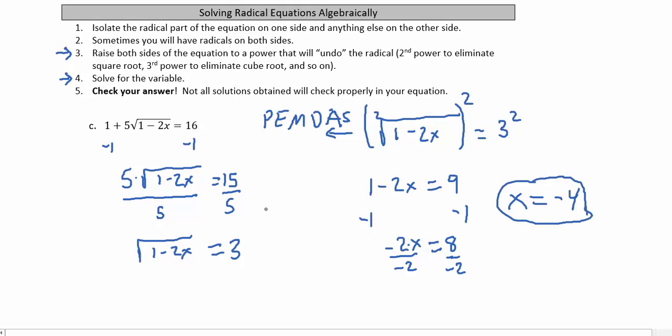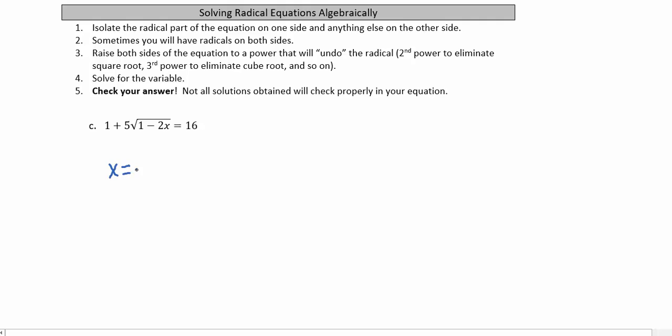Now my thinking on this was this step right here, when I got rid of the radical, happened where I had a positive number on this side of the equation. So I'm guessing that as long as I did everything correct, this result of negative 4 will be a solution to my equation. So to check my result of x equals negative 4,